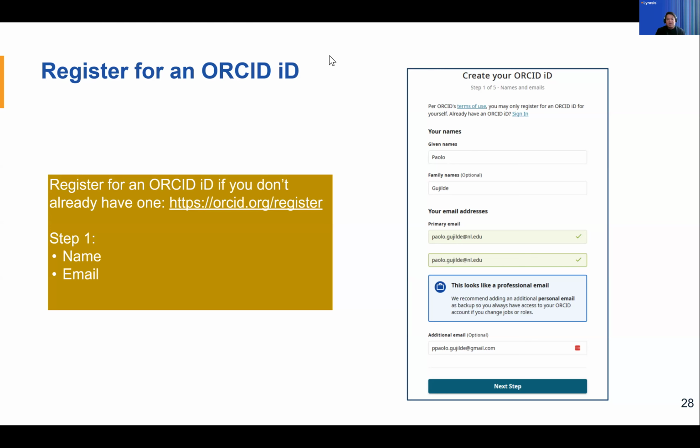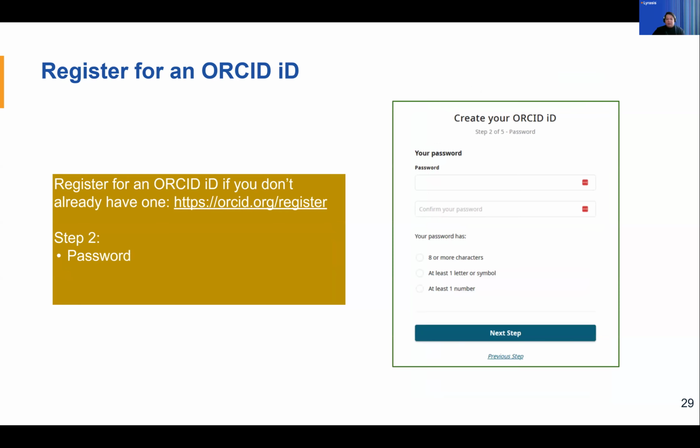Even though that's optional, I highly encourage that you add additional email addresses. That way, if you move on to another organization or institution, you can easily use the other email to log in or get the credentials on your ORCID record. And then, of course, you set up your password, just follow the steps there.